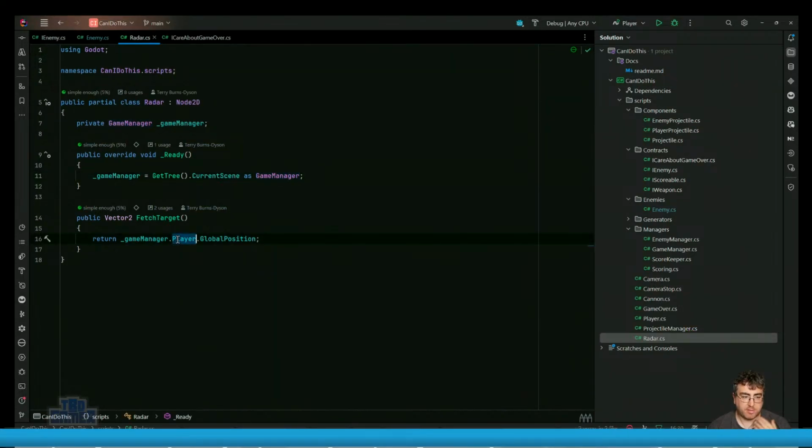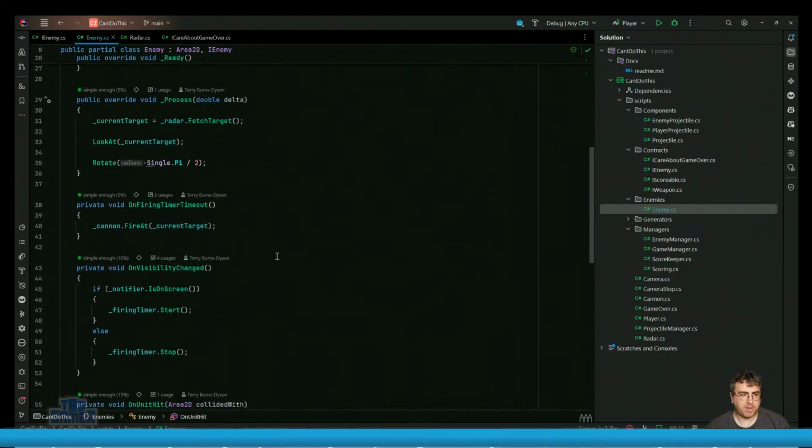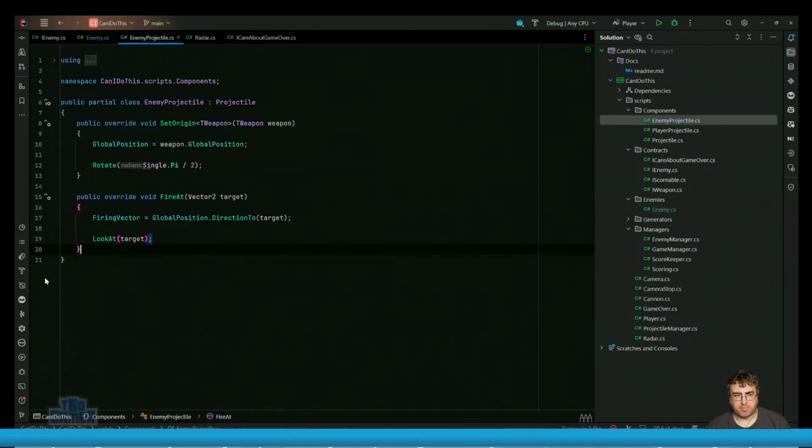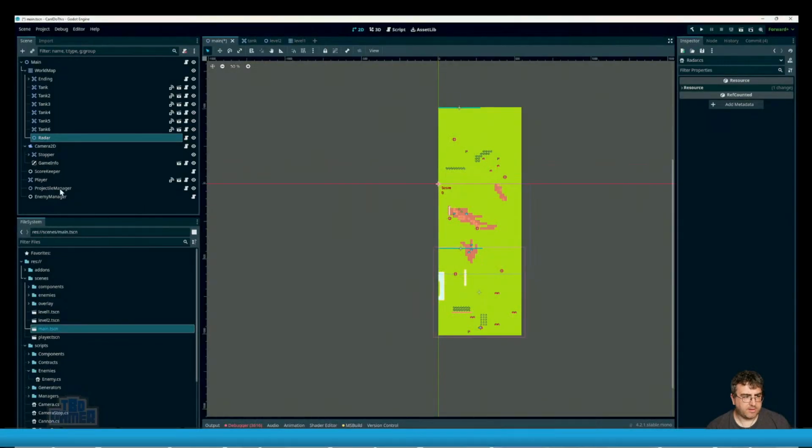The game manager has the player, and when the enemy needs to fire, it calls fetch target on the radar, and the radar feeds it the position at which it's going to aim. So the enemy never has a direct link to the player, and the projectile now just knows about being a projectile. It doesn't know about the player, which is a modification we made at one point. So the problem there is, by moving that to a scene, this radar